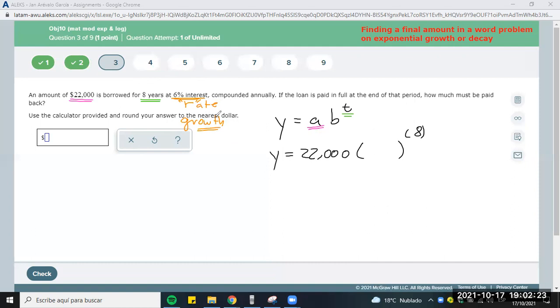So you have to determine if it is growth or decay. This is not decay, but that would be the other option. This is not a decay problem. This is a growth problem. So you have to identify which of these two it is, because b, remember from the explanation, in the growth case equals 1